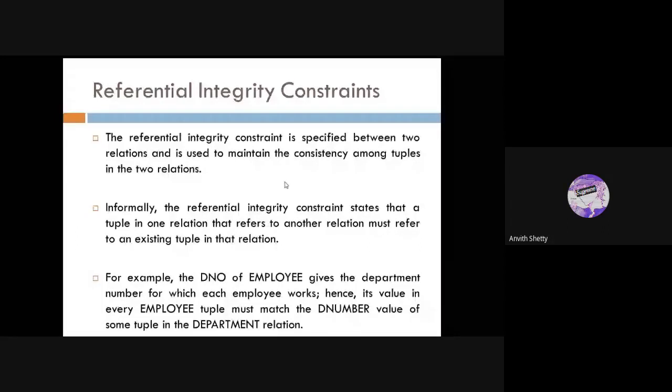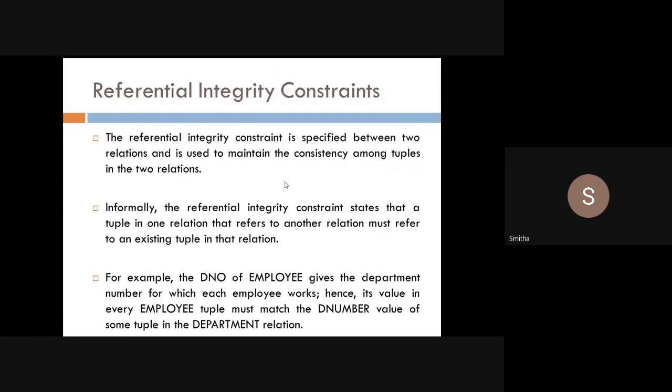Yes, ma'am. Okay. So next is referential integrity constraints. Now, if I have two tables, that is why I told students, when the relational database schema came, from that point we are talking about more than one relation. So for this integrity constraint also we are talking about more than one relation. Integrity comes when we have more than one relation, more than one table, right?